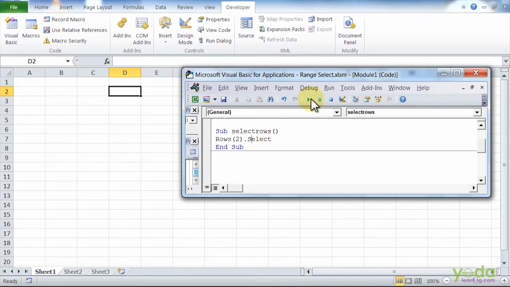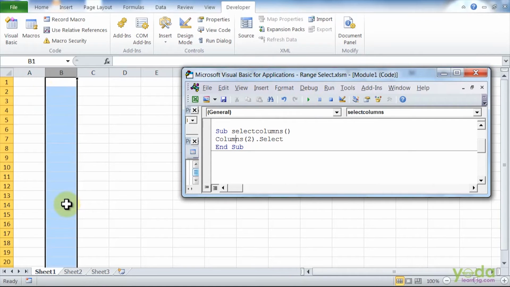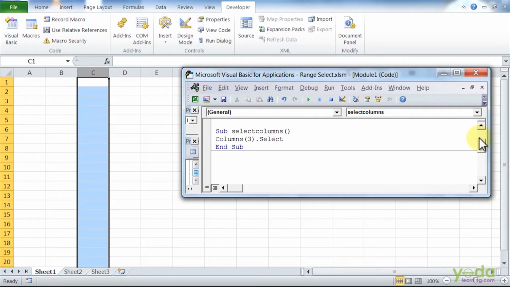Now when I'll run this code, it will help me select the row number 2. Similarly, if I change this to columns, and execute the code, it will help me select the column number 2. If I say column number 3, it will select my column number 3. Now we will see how to select a specific row or the number of rows and the columns in a